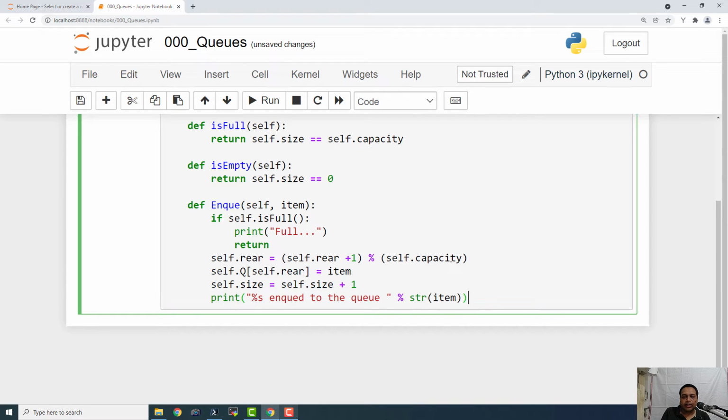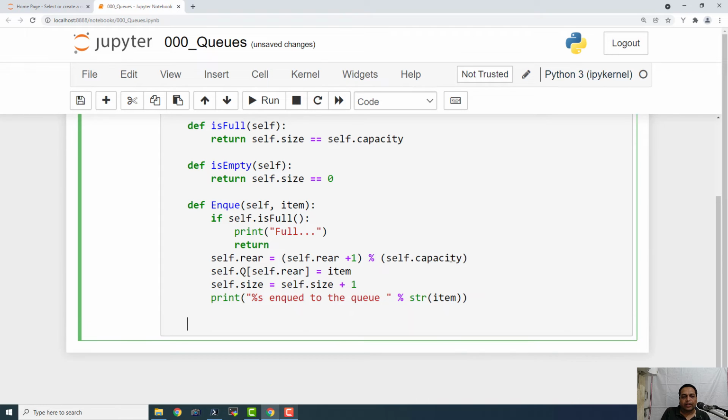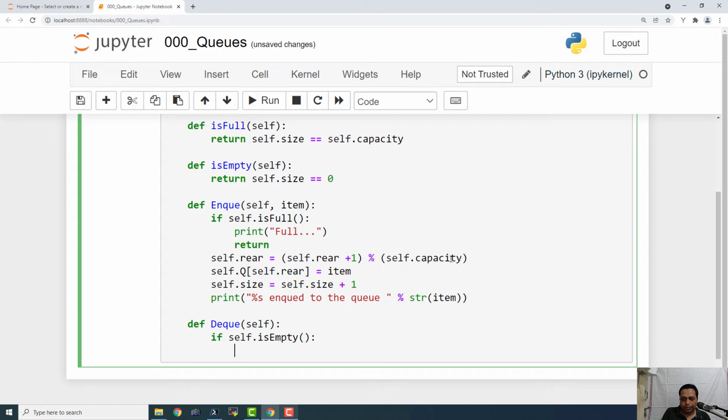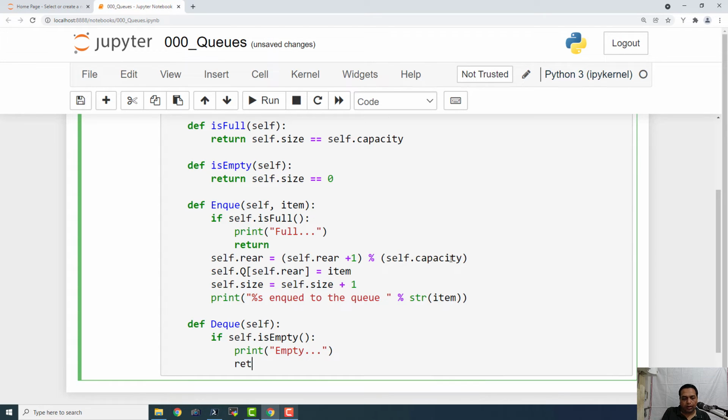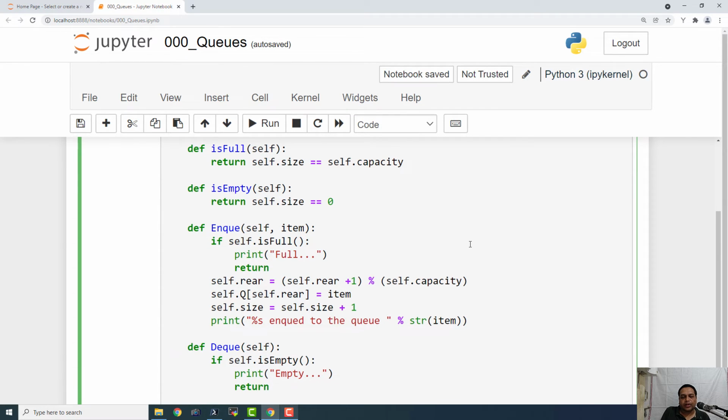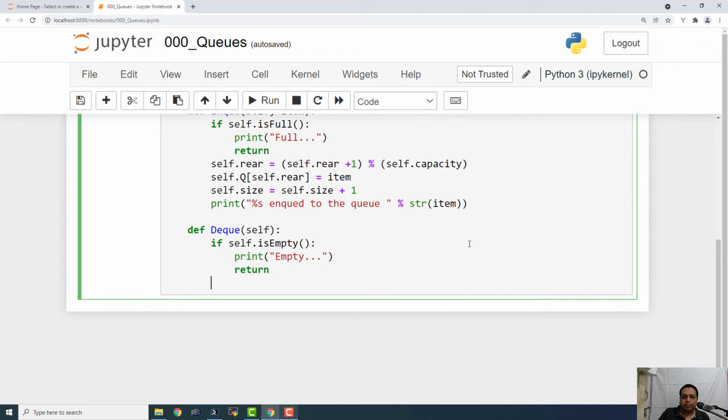Now finally let us define the dequeue operation, and that is also very easy. Def dequeue(self): if self.is_empty(), print empty, return. And let us define the case when it is not empty.